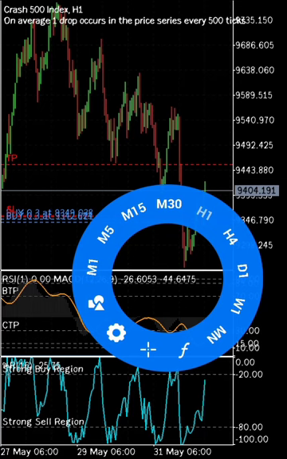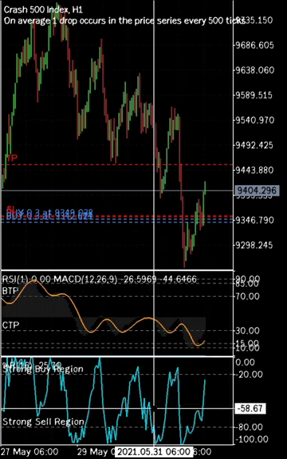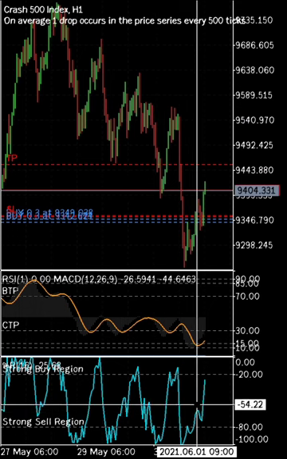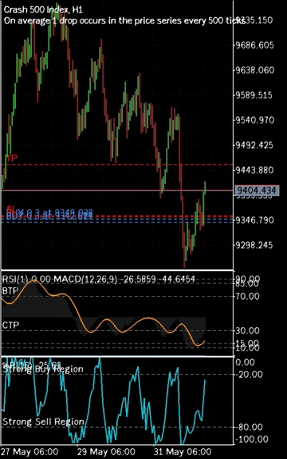As you can see, you move your time frame to the 1 hour, and you ensure that this Williams percent rate is at this minus 20 level, which indicates a strong buy. Now, why I am not scared of this market, why I'm confident enough that this market is going to hit my TP, is because the Williams percent rate is actually close to my TP. It's actually close to the minus 20 level. So I'm confident enough that this movement of crash 500 is going to hit my TP.